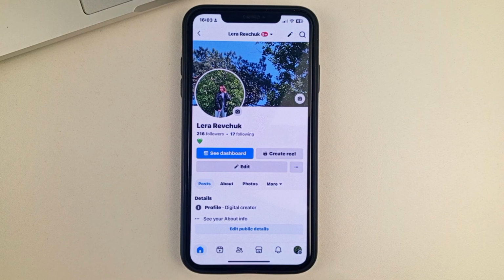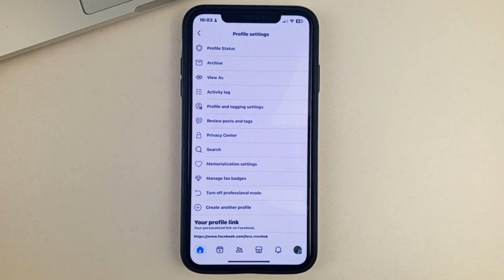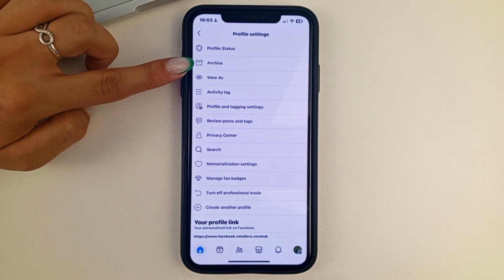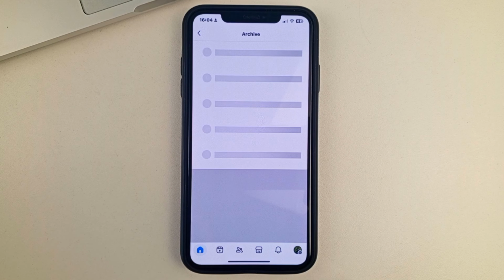So what, friends, to do if suddenly at some point you decide to bring such a post back? Is it possible to do that? Yes, friends, it is possible and very easy. To do this, you will need, also on your page, to find three dots and click on them. And here you will find a section like Archive at the very top. Click on that.